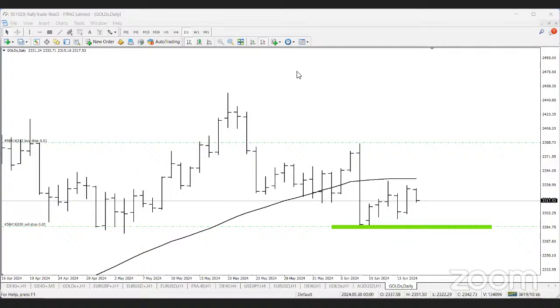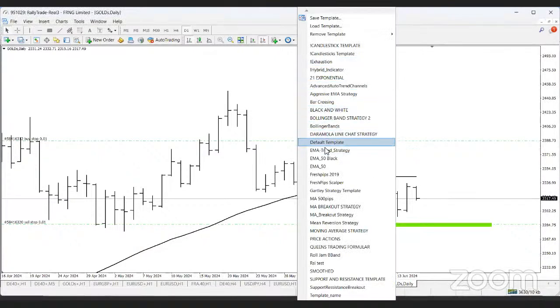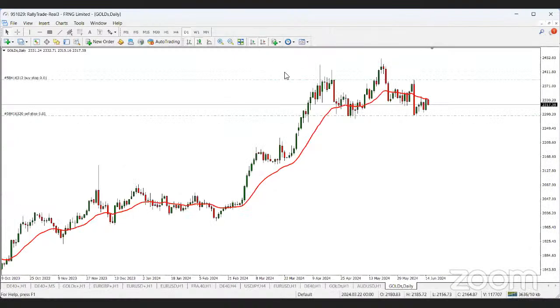Well, there's moving average. You can use that. Okay, it's cheap. All right. So let me see if I can just give you an idea of what that one means. Okay. Let's look at the moving average strategy. This one works on phone. It works on phone. You can use this one.